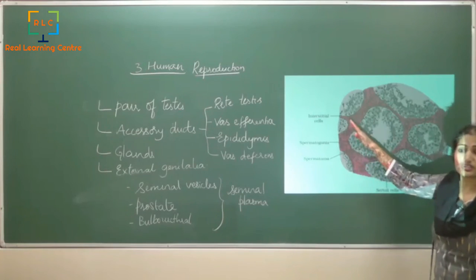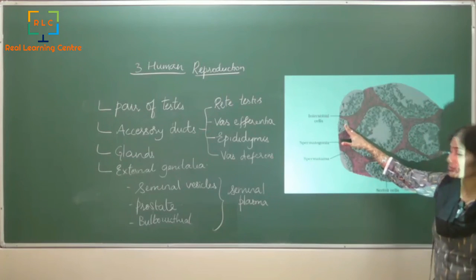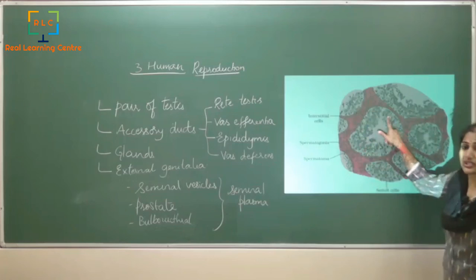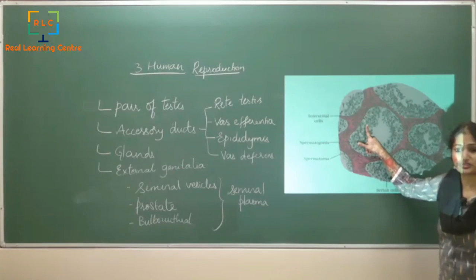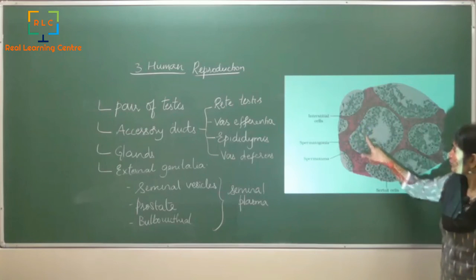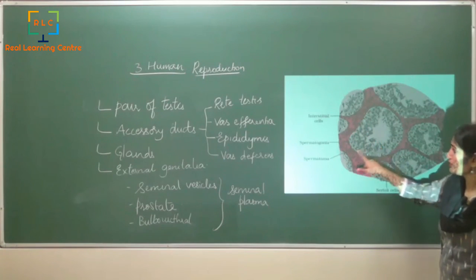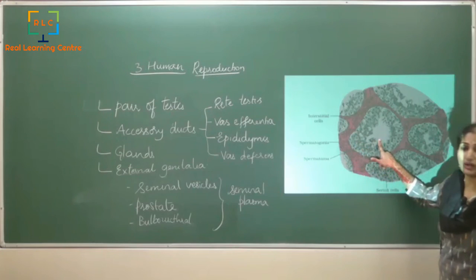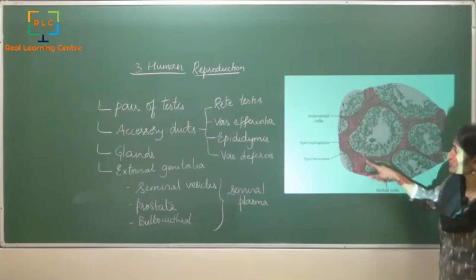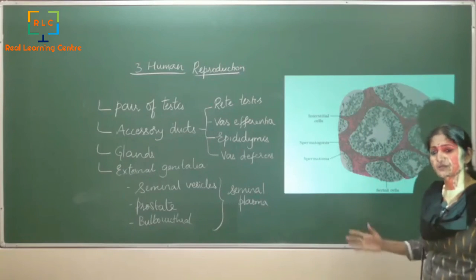So these are the ones which secrete androgens. Now when the androgens are secreted, they get inside, and there are so many male germ cells present, and these germ cells would receive the androgens, would mature, and hence would form the sperms. Okay, these are called the spermatozoa. Spermatozoa are nothing but the sperm, and the cells which give rise to these sperms are called the male germ cells, which are also called the spermatogonia.